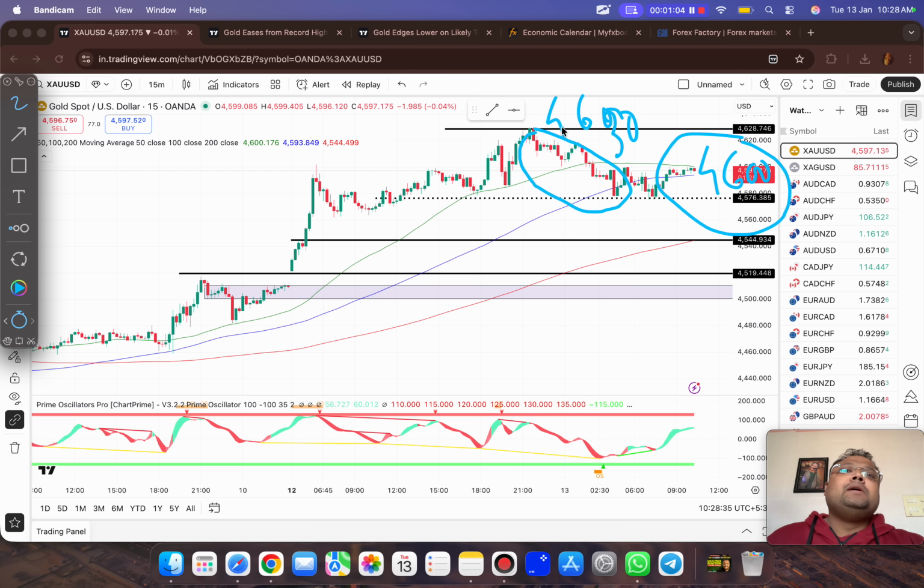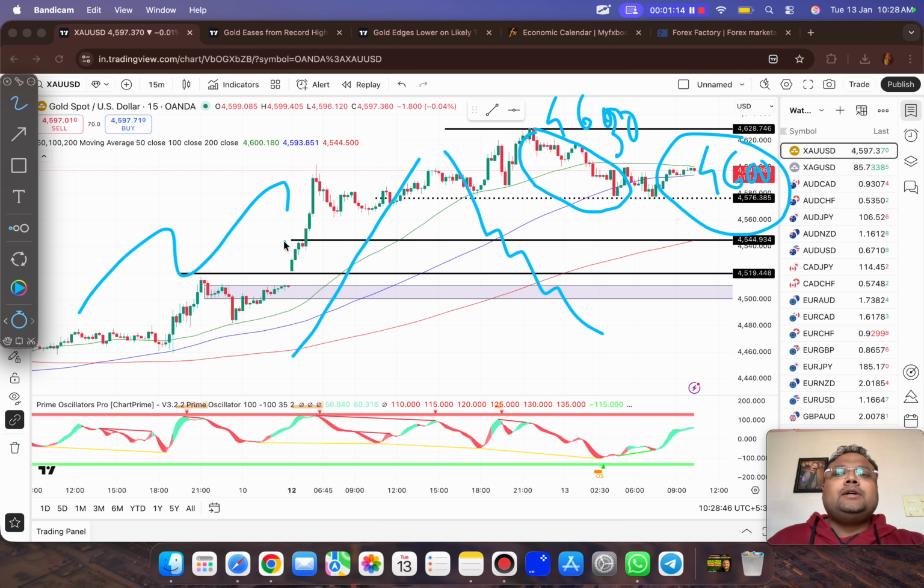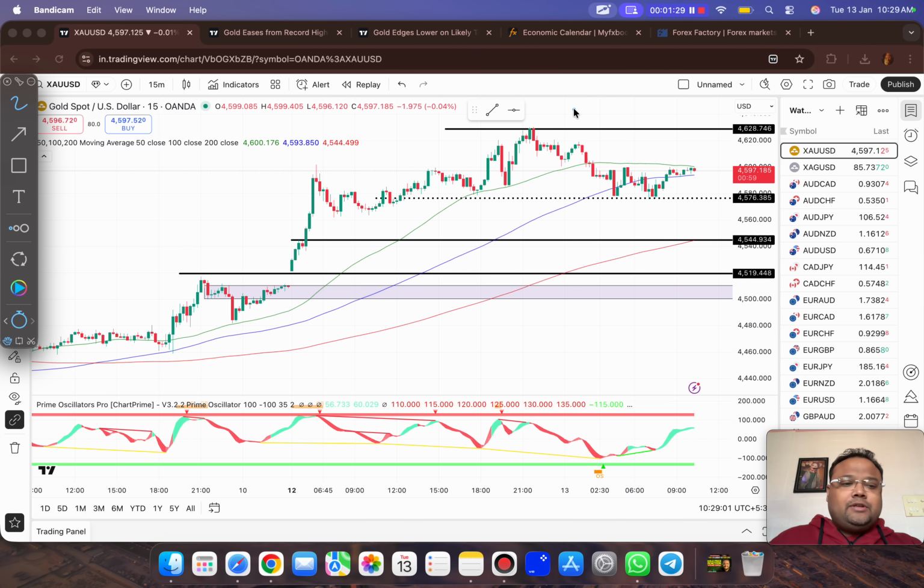This is just a retracement, or you can also say a technical correction, because no market can go up in a straight line like this, or go down in a straight line like this. The market always moves in a zigzag pattern, isn't it? Because of demand and supply. So this is a part of the game. The market sentiment has not changed yet. Gold is still very much bullish, so you should be looking for buy positions only. The downside that we see on the screen is just a technical correction.